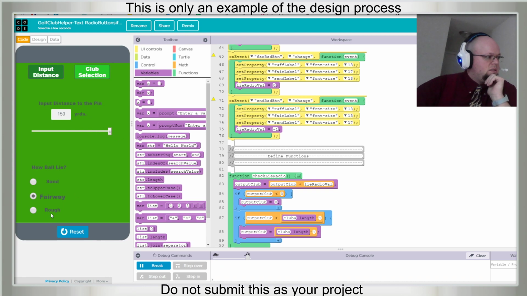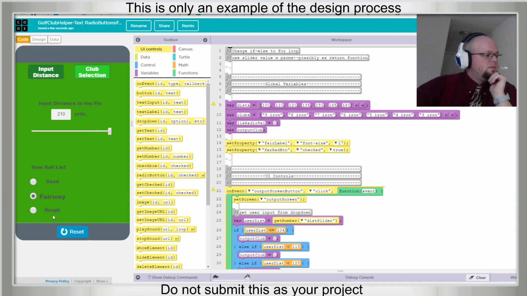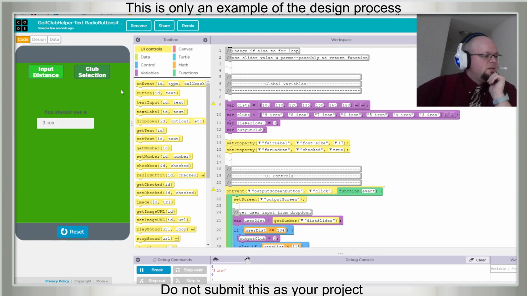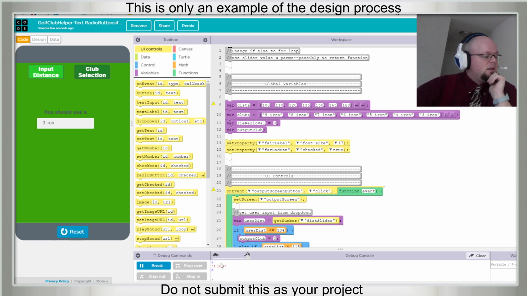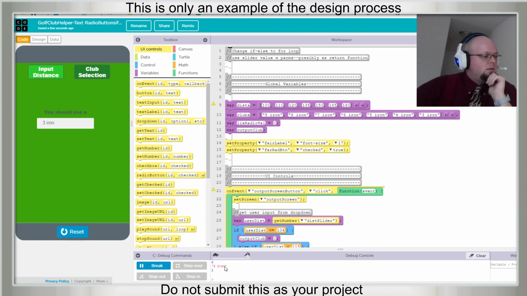Okay, so longest distance, and it didn't change, so let's reset. Run longest distance, fairway, this should say a bunch of stuff. Yeah, index 6 is a 3-iron, and fairway doesn't change anything. So we go back here, let's go to longest distance and go to one more than the longest club, and it should, let's clear this out. Input, yeah, okay, so we've corrected this.